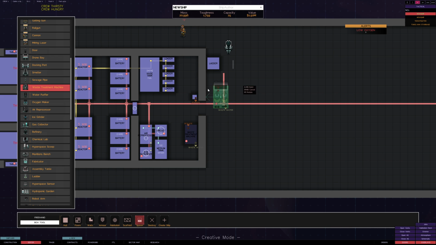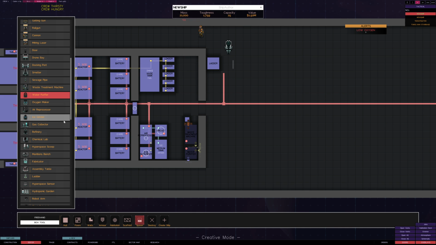Let's put down 1. I can fit the sewage pipe on that side of it as well. It looks like we've got the space for it. Again, we'll put it right next to the port there. From this it creates wastewater. Then we have a water purifier right here, and we're going to rotate this to where the wastewater inlet is next to the outport on the other one. This produces